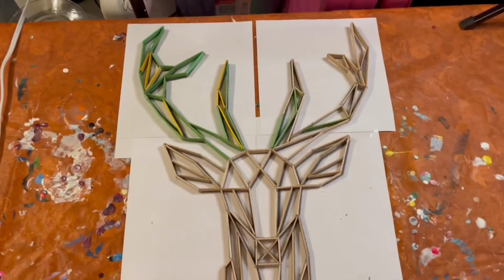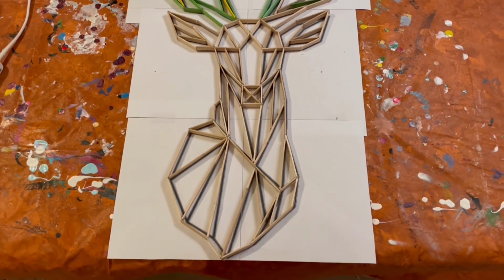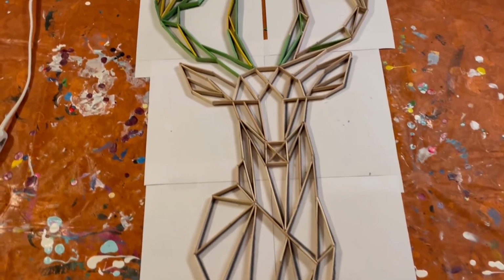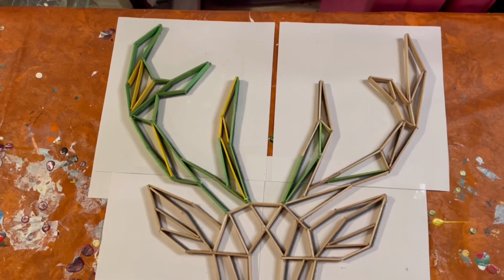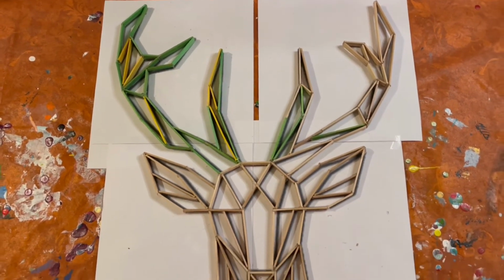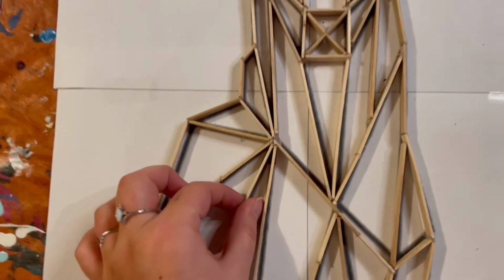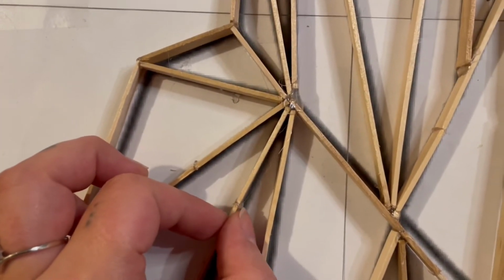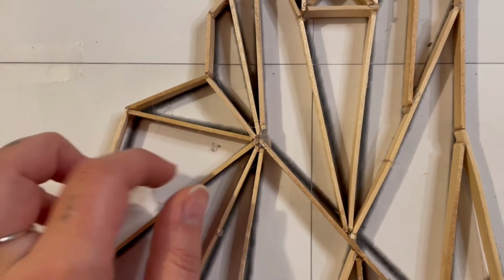Here is the full finished piece. All of our popsicle sticks are glued together. Do not mind the different colored ones. I ran out of plain colored popsicle sticks. So I'm going to take my hand Dremel and drill some of these spots where the glue is kind of thick and bumpy,